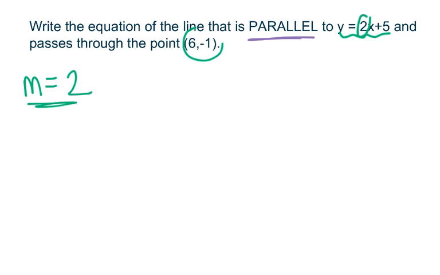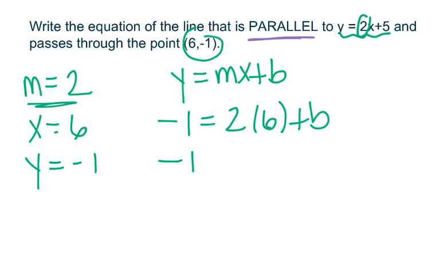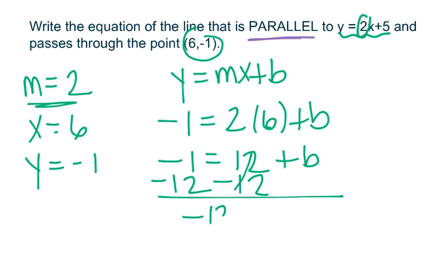The other piece of information that I need is my point that they gave me, because that provides me with an x and a y. So now I have 3 of the 4 pieces that make up y equals mx plus b, so I'm going to plug in the ones that I know, and then I'll be able to solve for b. So I'd make that -1 is equal to 2 times 6 plus b, and then I just evaluate, so this is 12 plus b, and then I would subtract 12 on both sides. So this gives me that b is -13,